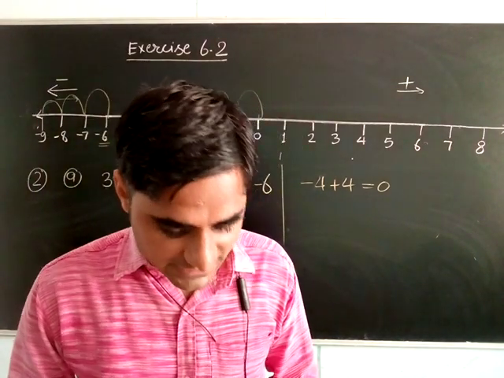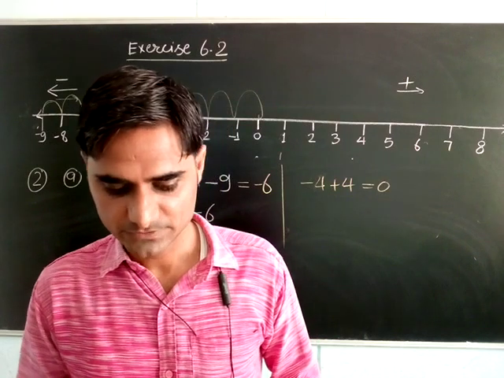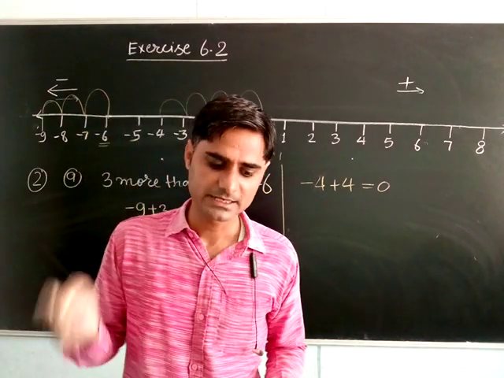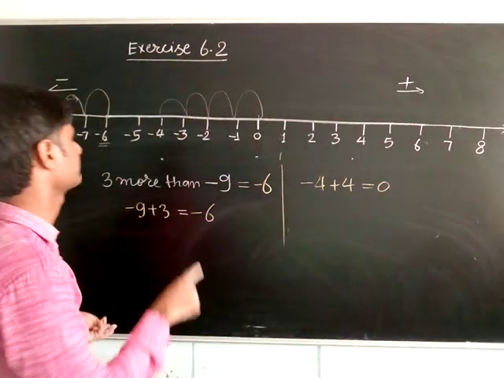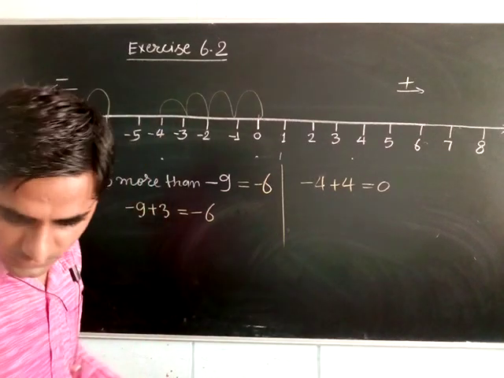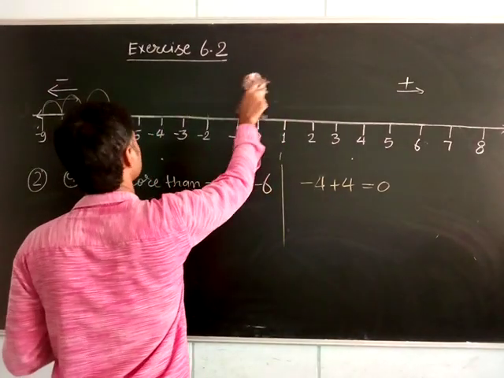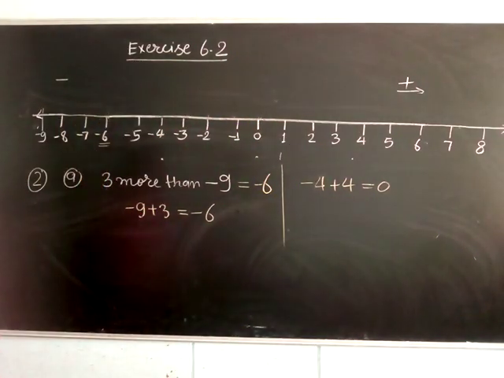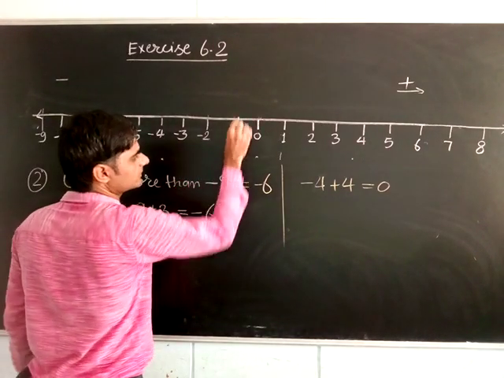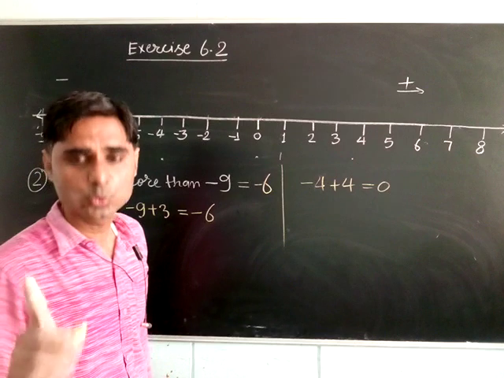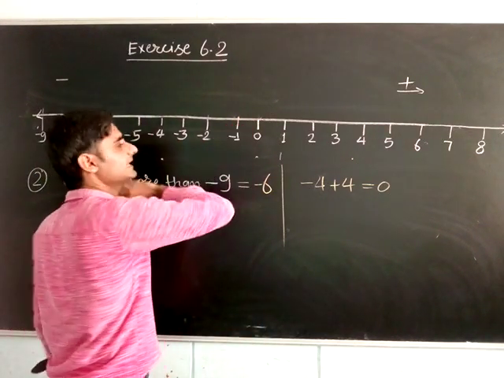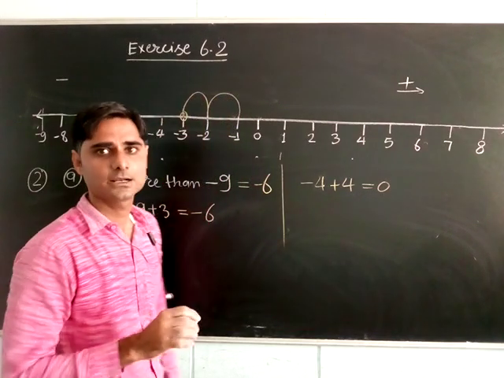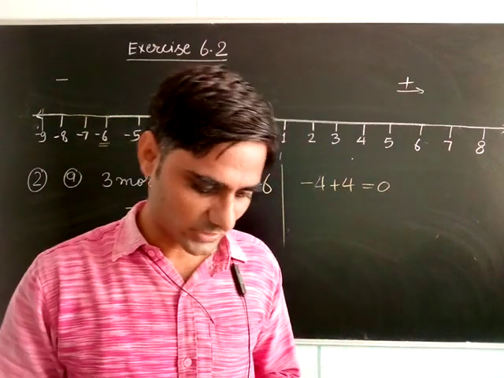Okay. Next one, 6 less than minus 5, 2 less than minus 1. So try to do this. One last one I am doing: 2 less than minus 1. देखो minus 1 कहाँ है? Put it carefully. Where is minus 1? This is minus 1, right? And here, according to the question, 2 less. 2 less means we will go to the less side, means minus sign. 1 and 2. What is coming here? Minus 3. Okay. So like this we can solve.